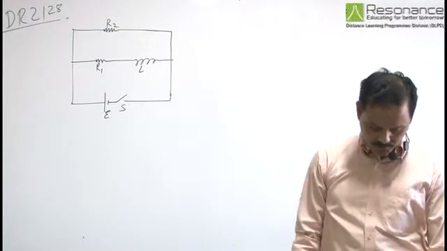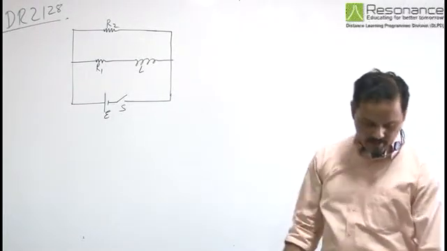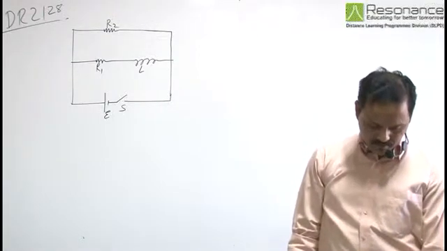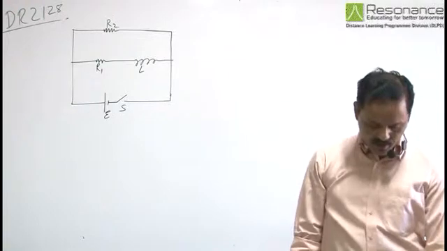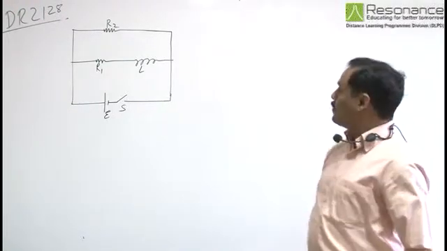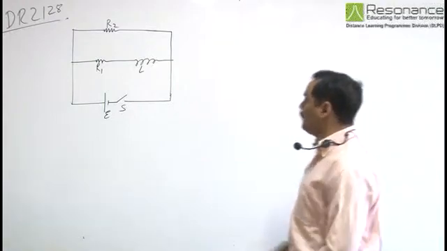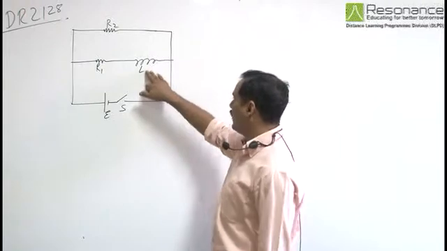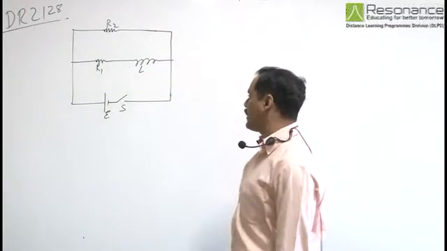In the given question, a circuit is given. Now we need to find, in part A, the current through the battery a long time after the switch is closed. When the switch is closed for a long time, there is no variation in current in the circuit. The inductor behaves as a conducting wire.